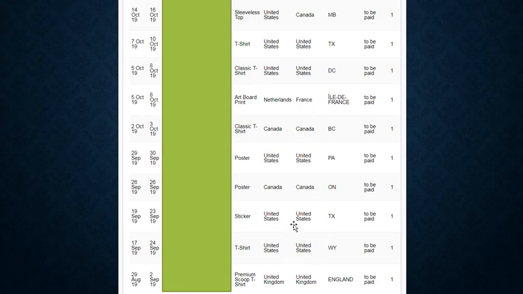So like I said, there's a wide range of countries and provinces and states where people are shopping. And again, as you can see here, shirts, sleeveless top, t-shirt, classic shirt, artboard print. This is very rare for me. And then again, a bunch of posters and back to t-shirts.